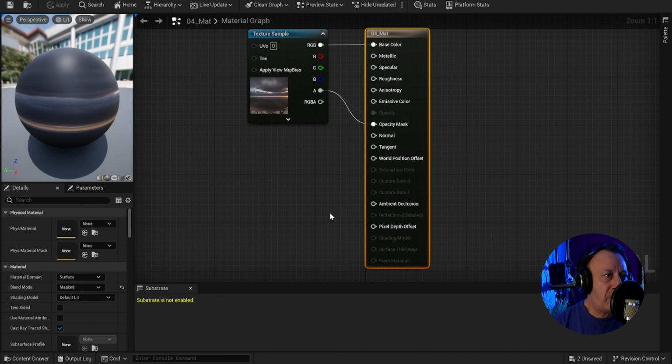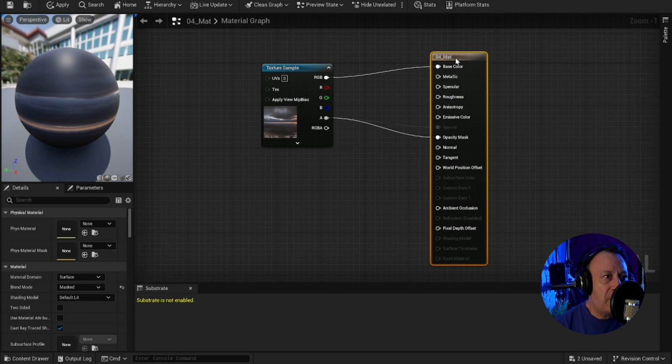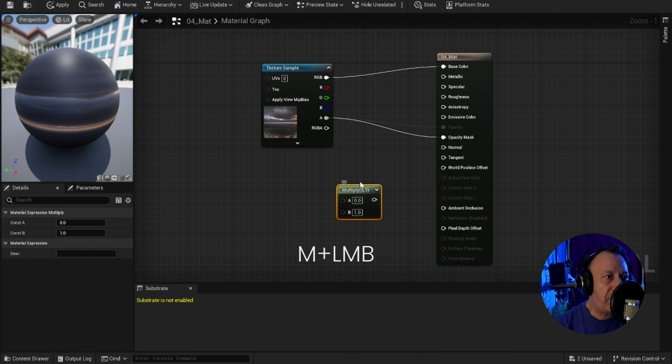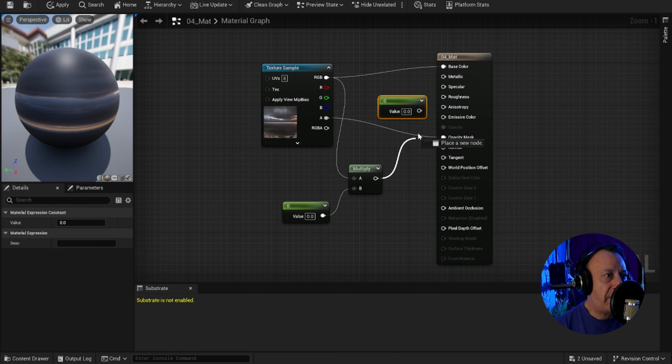And now we're going to be having to do a couple of things here in order to improve the texture. The first thing is we notice the high specularity, so it's very shiny. We don't want to have that. So the first thing we do is we create a multiplier node and then two value nodes. Each one of these value nodes is going to be connected to a different parameter. First, the RGB output goes into the A multiplier, the other value goes into the B multiplier, and then we